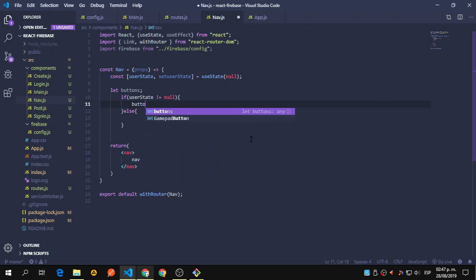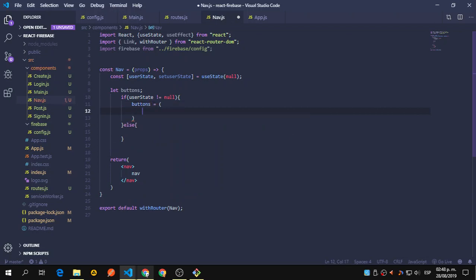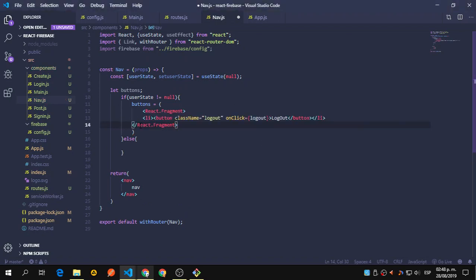So we're going to say buttons equals, let's add this, and we're going to copy and paste this. Okay, so this is a React fragment, and in case the user state is not null, meaning there's a user, we still don't have that functionality, we're going to render this logout with the onClick logout that we need to